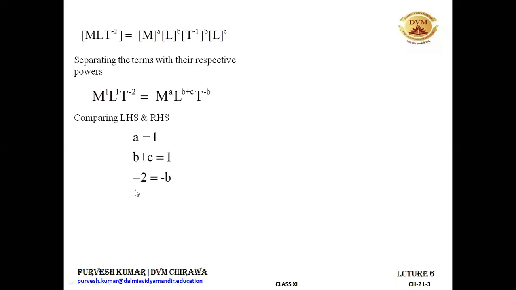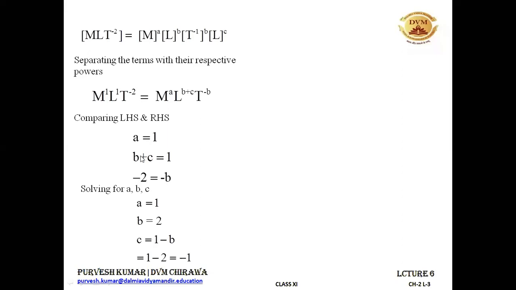So from this, I can write b is equal to 2. All right, this minus gets cancelled out with this minus, and I'm left with b equal to 2. And a is having power 1, that I already know. And from this, I can write c is equal to 1 minus b, and b is 2. That is what I have obtained from this third equation. b is 2. So in place of this minus b, I can write minus 2. So solving this for a, b, and c, I can write it like this. a equal to 1, that was quite clear. And b equal to 2, that is from the third equation I've got, cancelling these two minus.